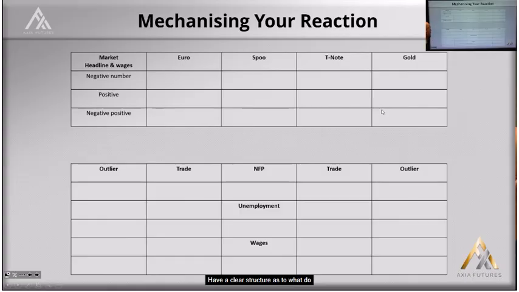Have a clear structure as to what you expect in certain situations. What should each market do? Again, this comes back to what we were talking about, assimilating information. What do you expect each market to do, and have that roughly written down? This also means that you've got a very clear sense of what the correlation should look like as well. It creates then a template to go back and check how well things did correlate to what you expected to